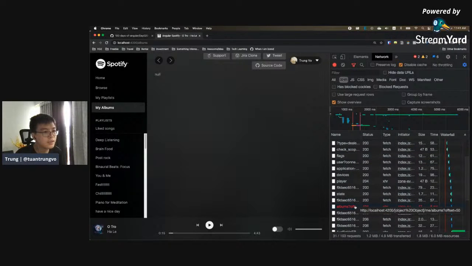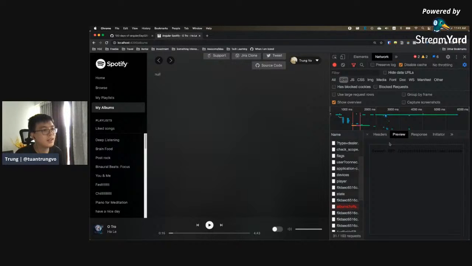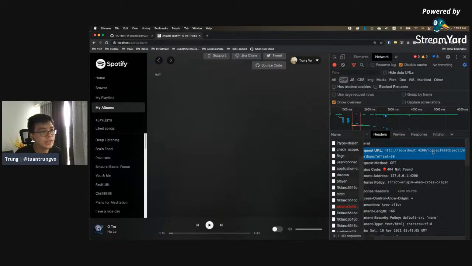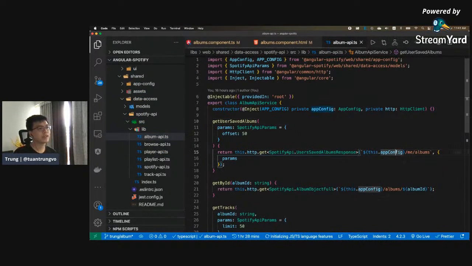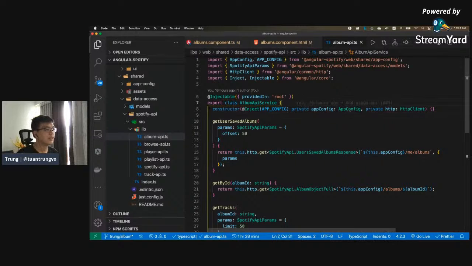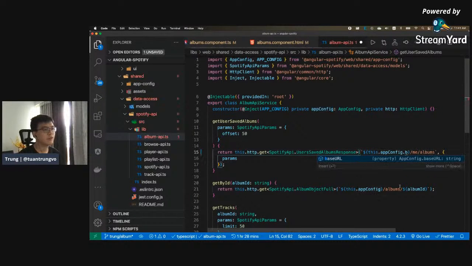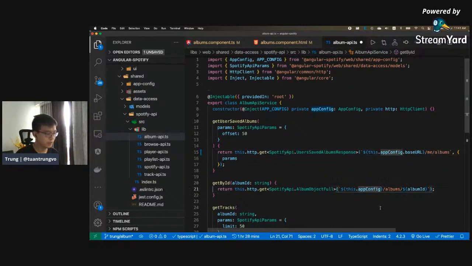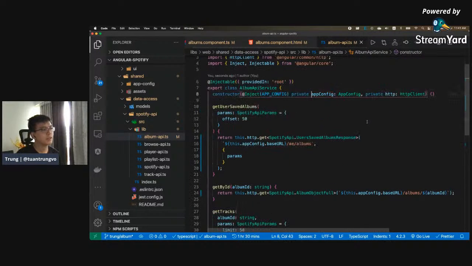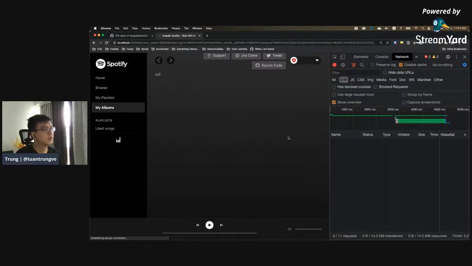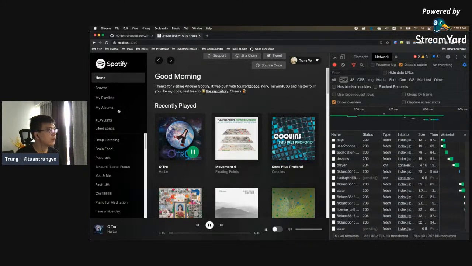Okay, so there's an error. Oh, we dispatched it, but then there's an error, which we try to pass in this object. Oh, okay, okay, we get it. Let's go back to the album. Yeah, because the f config here is okay. So maybe let's just take the, we need to take the base URL from it. So it's not just the f config itself. I understand. Because the f config here is the whole object, that's why it is displaying the object thing. So now when you go back to album,